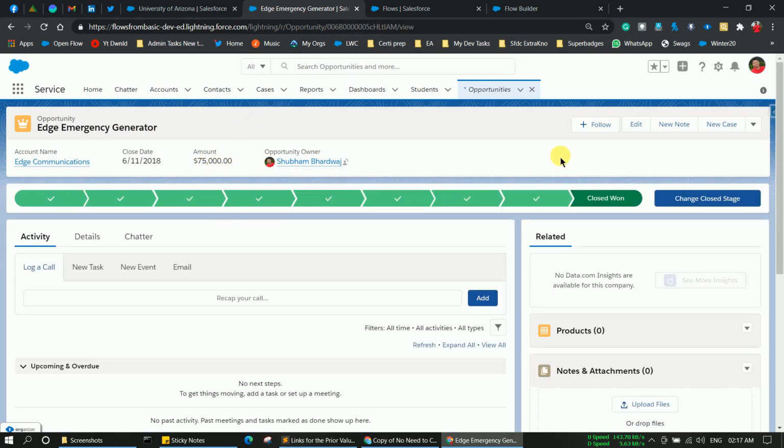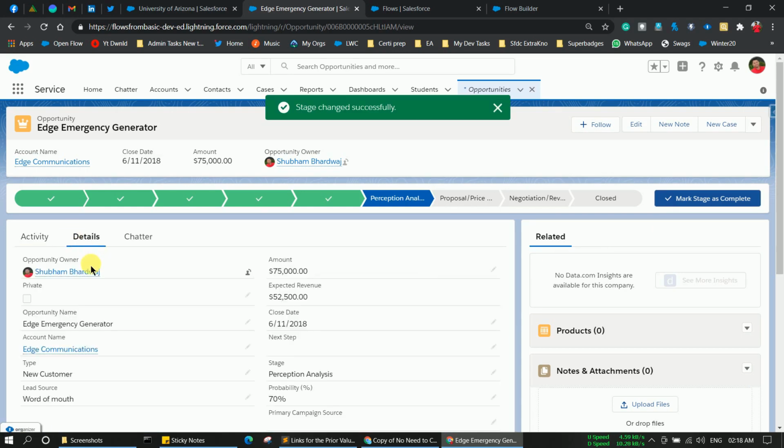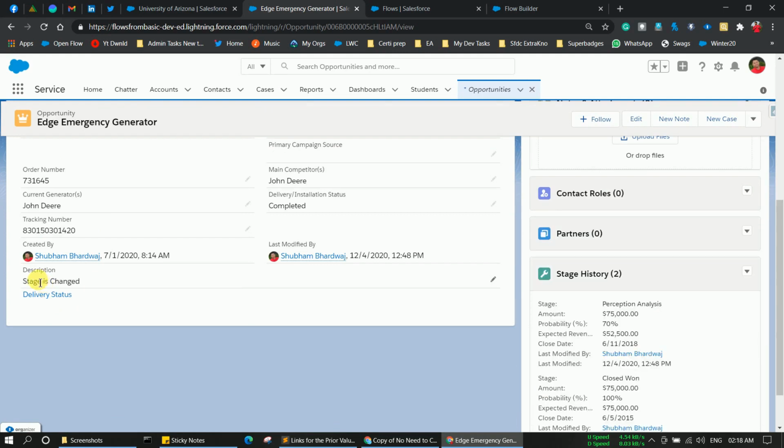So whenever I edit this, the flow will run when I'm making some changes to the opportunity owner field, or you can say stage field. So let's change the stage. Let's choose the stage and click on mark as current stage. If I go to details, you can see the description is changed to stage is changed.